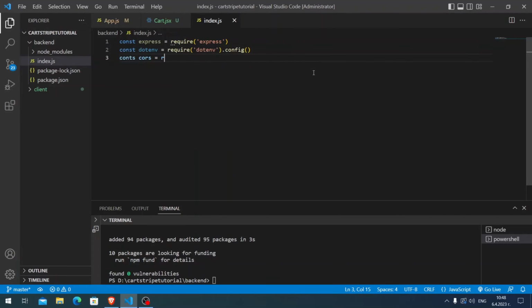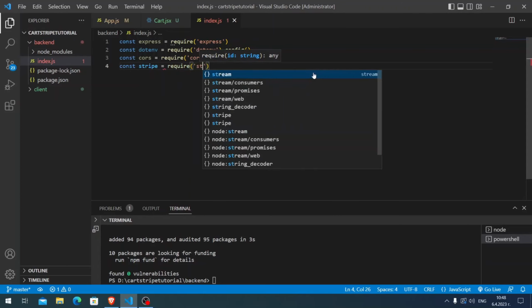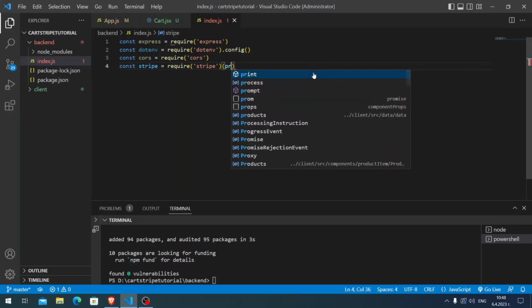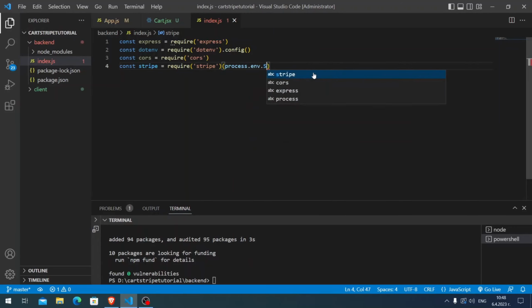Then const cors is equal to require cors, and then const stripe is equal to require stripe, and here, when we import it, we automatically pass process.env.STRIPE_PRIVATE_KEY. So we have a public and a private key, as you see here,